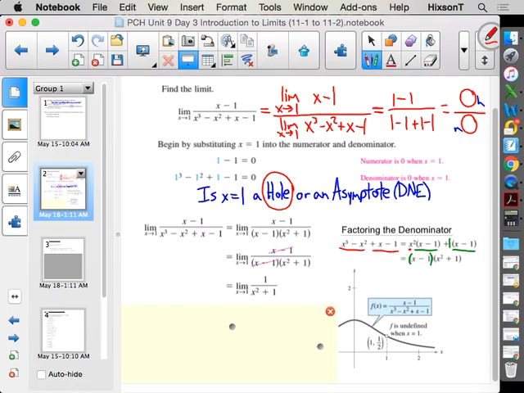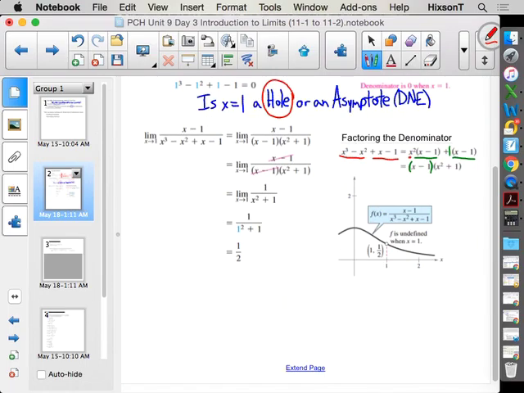What, Miriam? You plug 1 in. Plug 1 into 1 over x squared plus 1. Very good. Plug in the 1. Now that you've canceled out the part that's going to make it 0 over 0, you plug that 1 in to what's left, and we end up getting 1 over 1 squared plus 1, which is 1 over 2. And as you can see, if you were to graph this, the hole is at that point